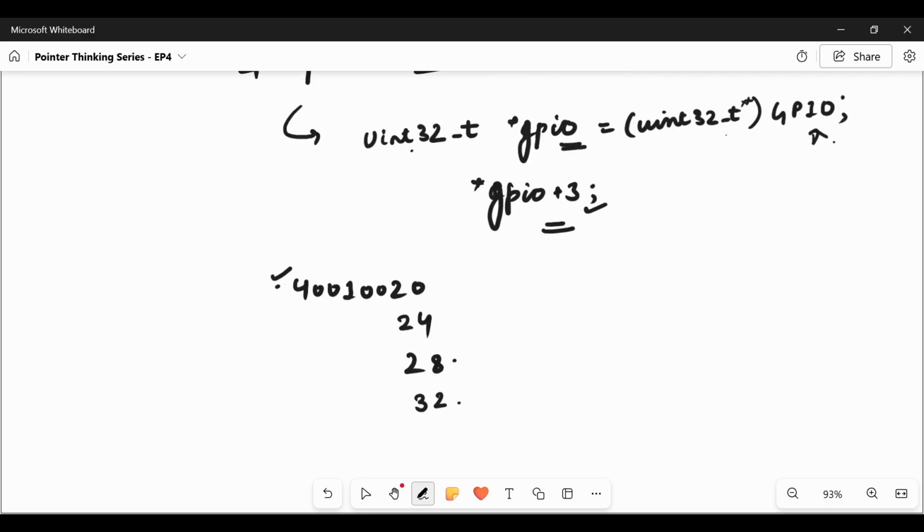When the base pointer is at this hardware register and we have to move to the third location, with three hops, 1, 2, 3, we simply reach this address and read the value present there. So we can directly access the hardware register by using pointer arithmetic. Pointer arithmetic powers peripheral access as well.